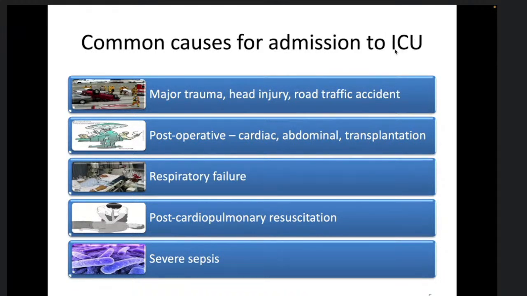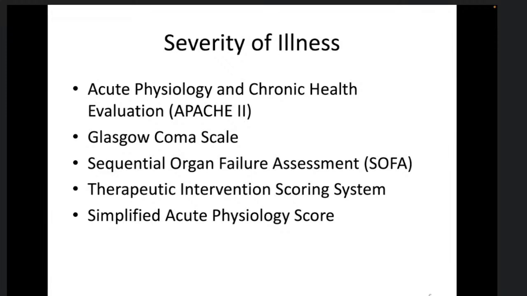beside there's a lot of machine. Lepas tu dia punya human resource is also higher compared to general wards lah. Mungkin kalau general ward tu one staff nurse to 3 to 4 patients. Kalau dekat ICU biasanya 1 to 1 lah. Okay, they have intensivists, they have anesthesiologists that manage dia punya pain tu lah. Okay. So those patients who are admitted to ICU, so we have these various tools to measure dia punya severity